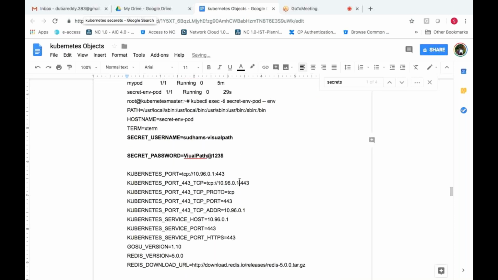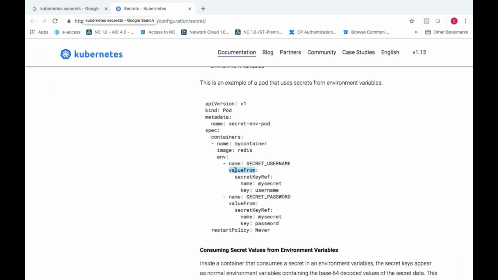So here what he has done, this is your actual environment variable. We used to give just values; directly we used to write hard-coded values here. But now we are not hard coding, we are not making your passwords visible in your YAML files. You are storing them in secrets. So that particular secret you need to use as a reference to pass a value here. That's the reason we are using valueFrom, secretKeyRef.